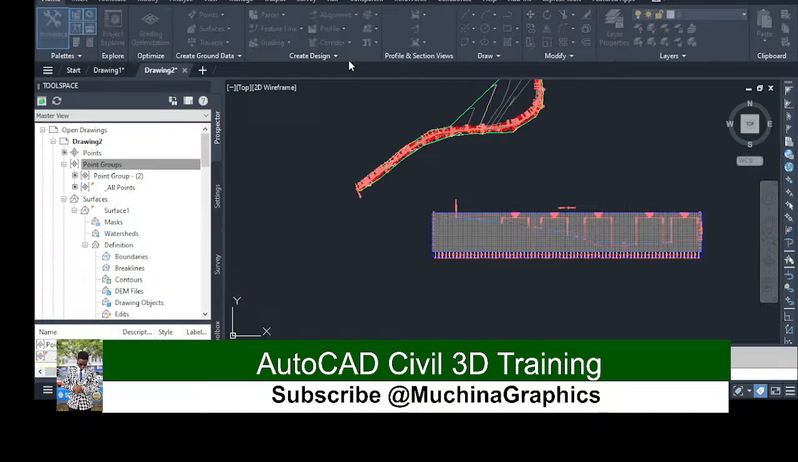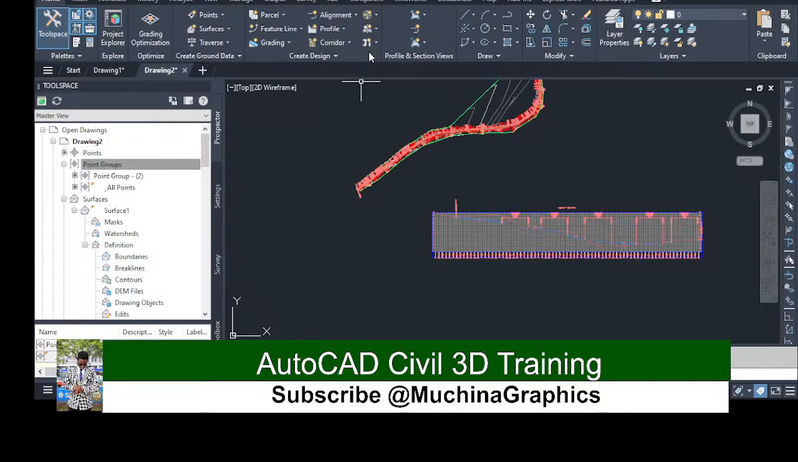So I'll go to corridors, and then I will name them as road corridor, and then description roads, and then on this I choose basic, and then I choose alignment, assembly, none, and then I click. So the first thing that I need to do is to create an assembly before I create my corridors. So I go back to assembly,